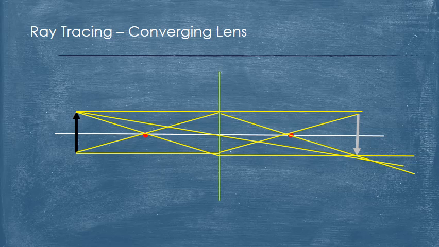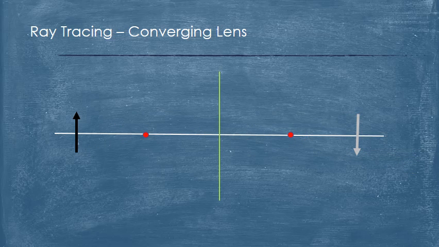It appears to be about the same size as the object, and it's inverted. It's upside down from the object. Well, if we change the position of the object, okay, before we change the position, we need to find the